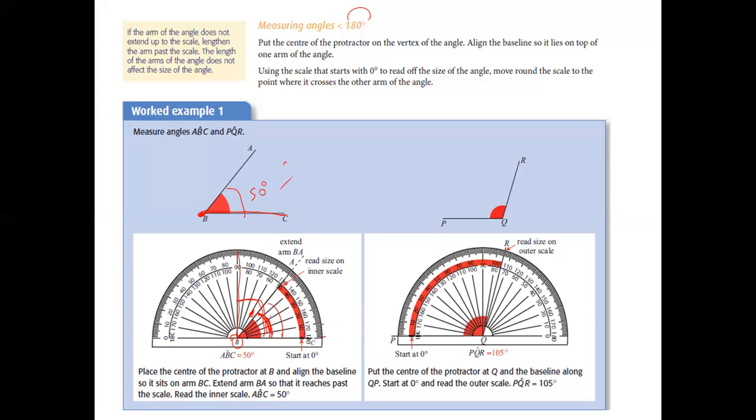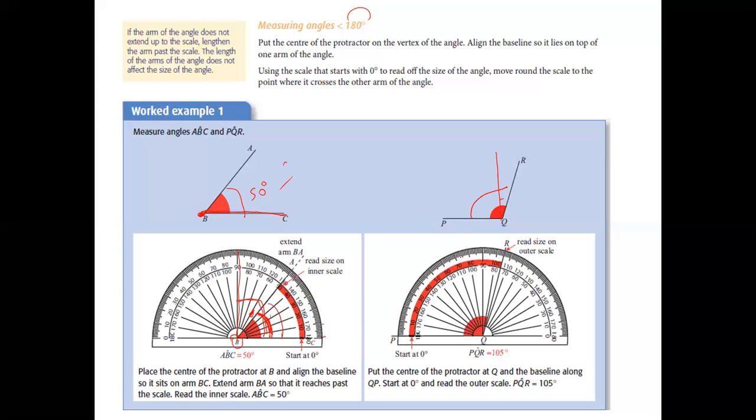Now if you want to start from the left side, going clockwise, it's no problem. Start with 0 degrees, and as you see, it's not an acute angle because it's not less than 90. It's an obtuse angle, more than 90 degrees. That's why you start from the left side, clockwise. So 10, 20, 30, 40, 50, and so on, up to 100 and 5. And as you see, our angle PQR is equal to